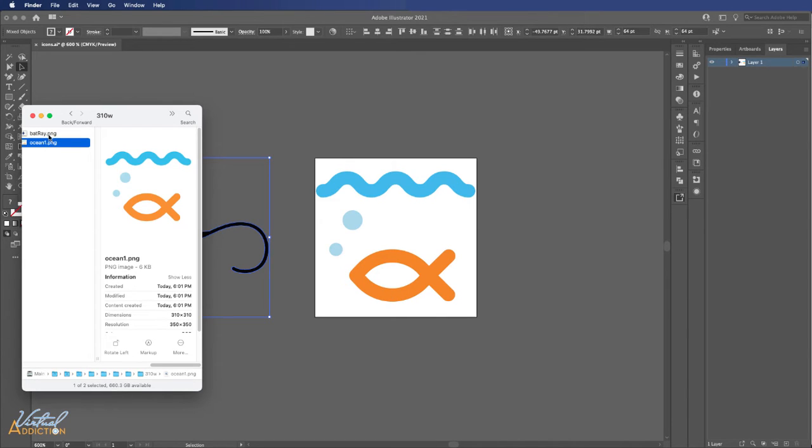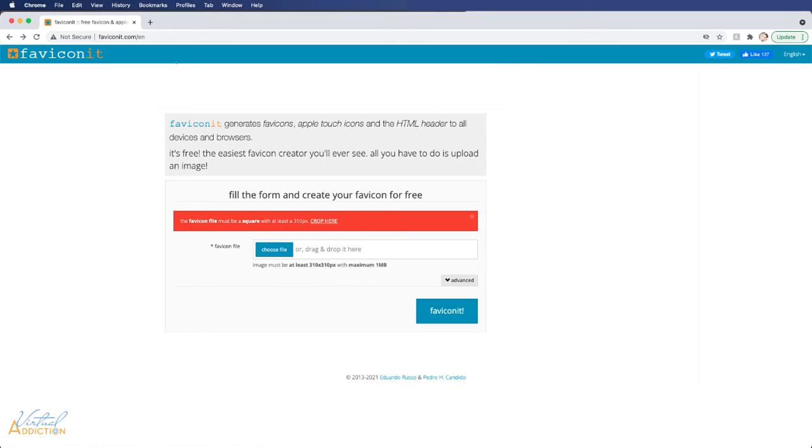What I'm going to do now is use this artwork and turn it into the artwork I'll need in order to add favicons. Some applications let you export your artwork out as an ICO file, or you can create favicons using PNGs. But as I mentioned before, if you want the widest array of support, it is worth making multiple sizes and making multiple files. In order to make this process easier, it is helpful to use a browser-based application to do this. The website that I'm using is called Faviconit.